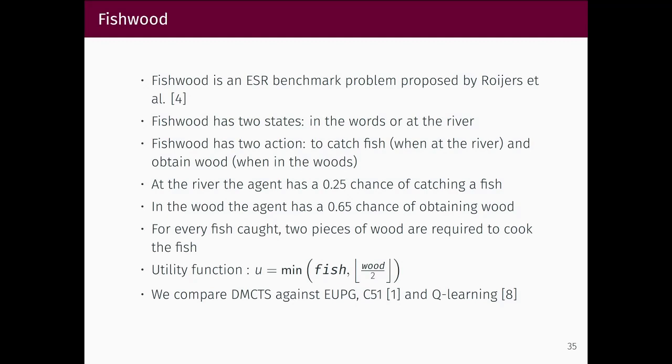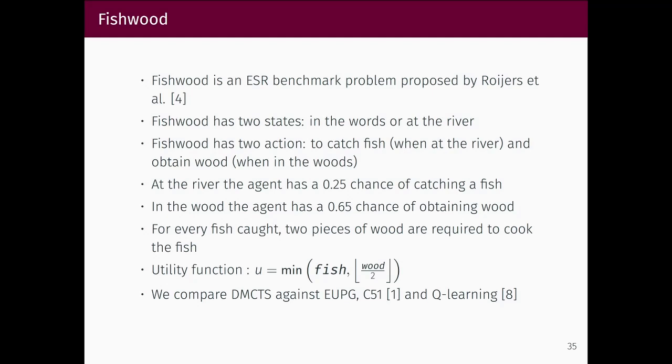And finally, we compare against Fishwood. Fishwood is an ESR benchmark proposed by Roijers et al. Fishwood has 2 states, in the woods or at the river, and 2 actions: to catch a fish when you're at the river and to obtain wood when in the woods. At the river, the agent has a 0.5 chance of catching a fish, and in the woods, the agent has a 0.65 chance of obtaining wood. For every fish caught, 2 pieces of wood are required to cook the fish, and that's the utility function